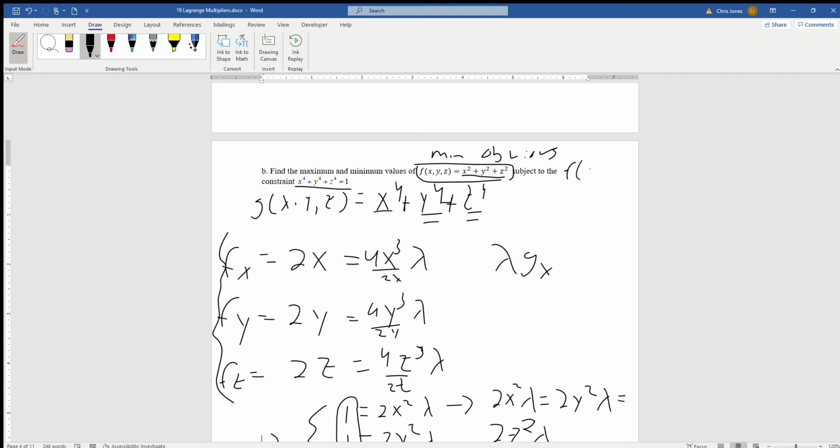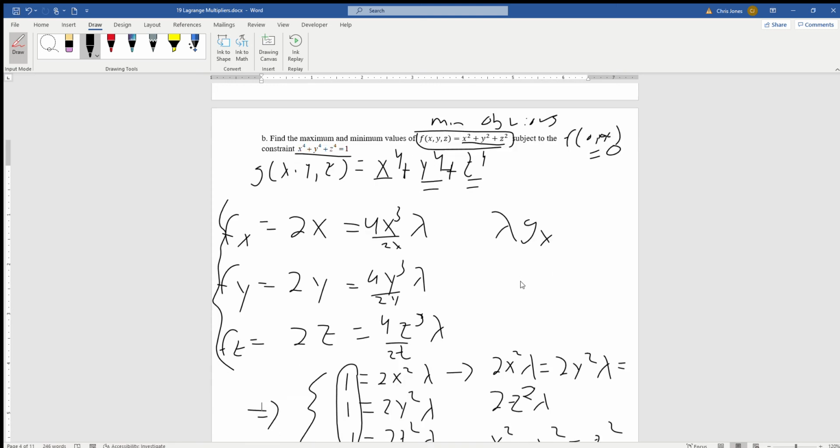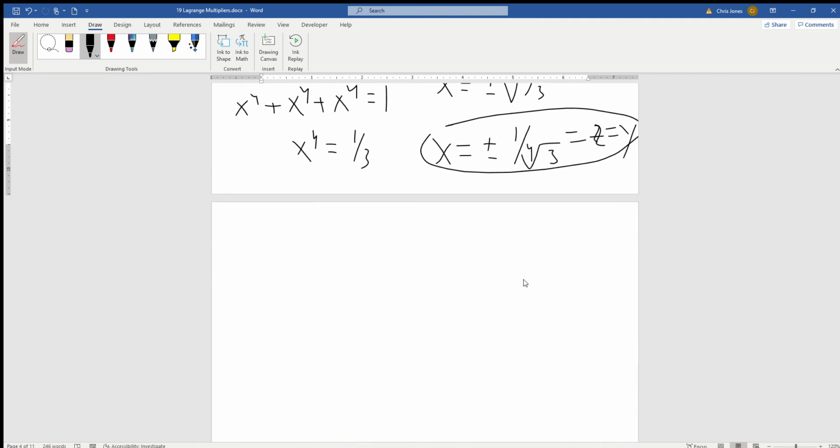That would be f at 0, 0, 0, which is obviously 0. All right, that's pretty easy to see, and that's only because it's quadratic. All right, but so f at plus minus 1 over 4th root of 3, plus minus 1 over 4th root of 3, plus minus 1 over 4th root of 3